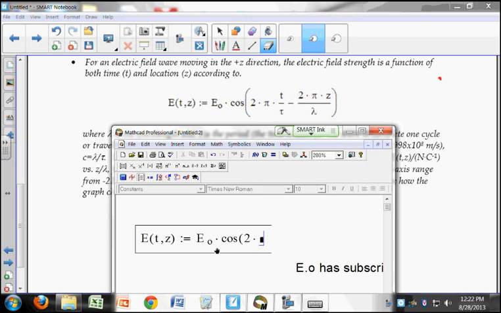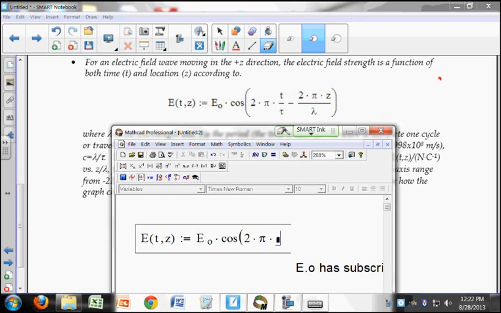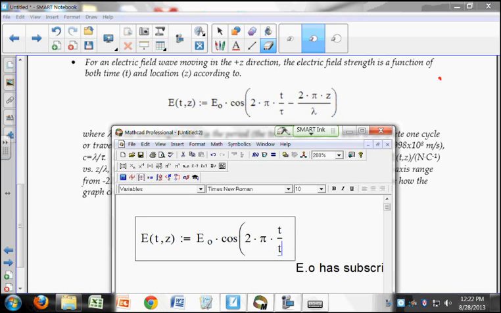How do I enter pi? Greek letter. So right here, pi times t over tau. Tau is t control g. How do I get out of the denominator? Space bar, minus 2 times pi times z. And then how do I put 2 pi and z all in the numerator? Space bar,